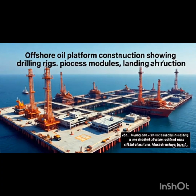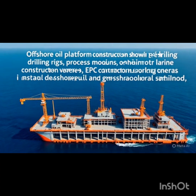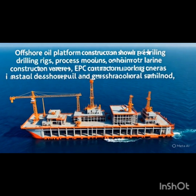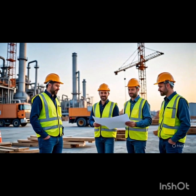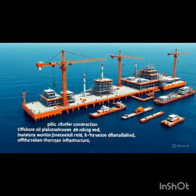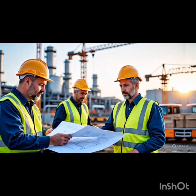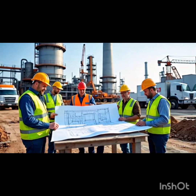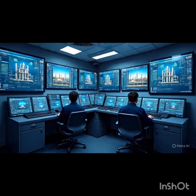Okay, so the equipment starts arriving after, what, a year or two? And that's when the physical construction phase really ramps up, lasting maybe 2 to 4 years. That's typical for a mega project, yeah. Site execution is, well, it's organized chaos, dominated by pouring concrete for foundations, erecting steel, and then installing all that equipment and piping. With thousands of tasks over several years, how on earth do they keep that schedule under